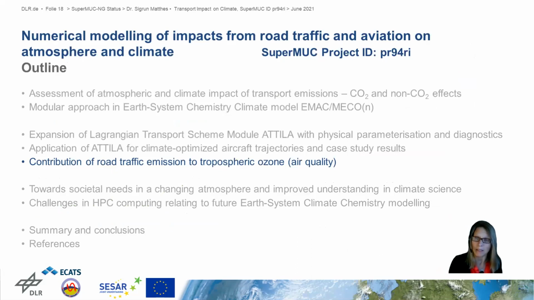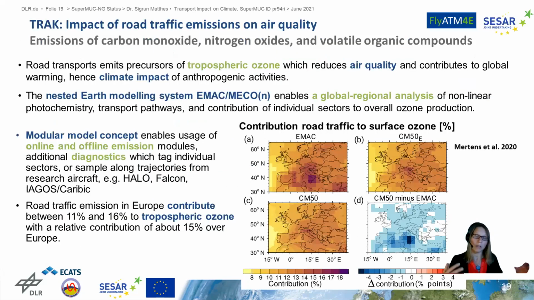Beyond the climate impact simulations, we are also doing assessment of the tropospheric ozone, in fact, talking about air quality. And in fact, the emissions of the reactive species over Europe are causing an ozone production, which then reduces the air quality. By our model simulations, we can also model this, and we use the regional global system, which allows us to zoom into specific regions. And what is shown in the figures here is the contribution of the road traffic to the surface ozone levels.